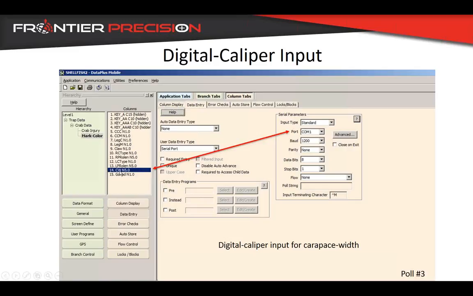So if we highlighted CW, the abbreviation for carapace width, on this level 4, and then clicked on data entry, we could go to user data entry type, hit the drop down arrow, and choose serial port, which would bring up this box over here on the right. And then from the little user's guide on communication for that device, we would fill in these values right here, what communication port we were bringing that data in through, the speed of the information or the baud rate, and